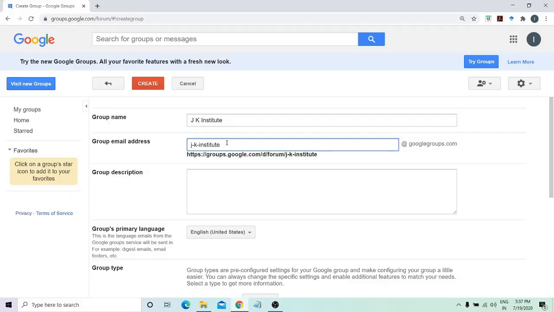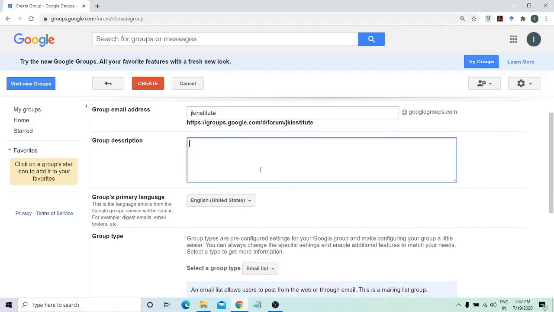Now it suggests a unique group email ID. You can always modify it. So this group email ID should be unique, just like your Gmail ID.